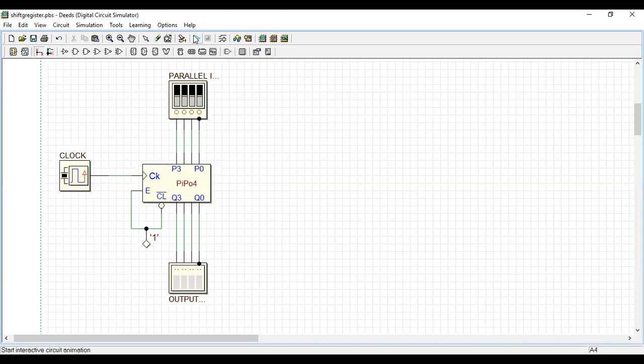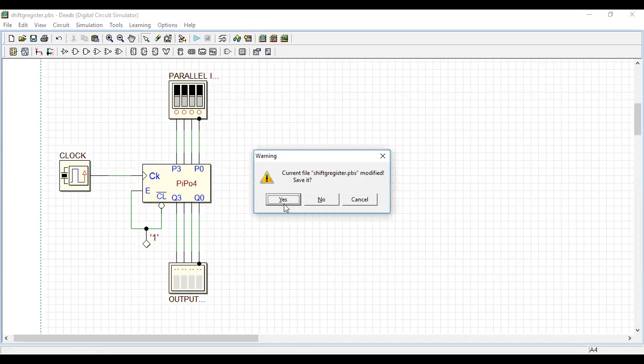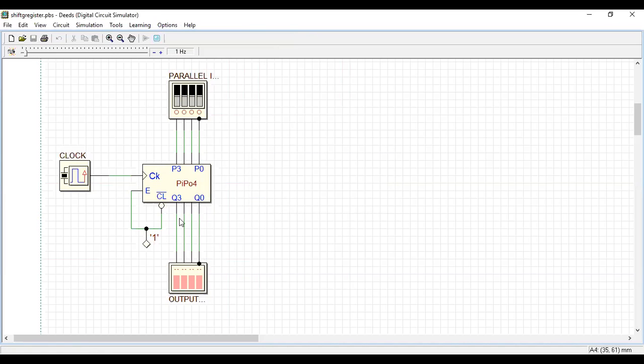So now the next step is to start animating this. Instead of an enable switch, making a separate switch, I reduced the hardware. I connected just simply logic 1 here, so the chip is all the time enabled. So each time there is no need to check whether the chip is on or not.